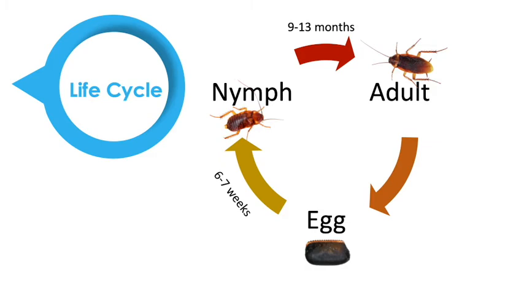Like the adults, nymphs are oval and flat, which enables them to crawl and hide in narrow cracks. They avoid light, as we previously discussed, meaning they hide in the daytime, and they come out at night to feed on the same food as the adult. Cockroaches are scavengers, meaning they eat all kinds of foods and organic substances.